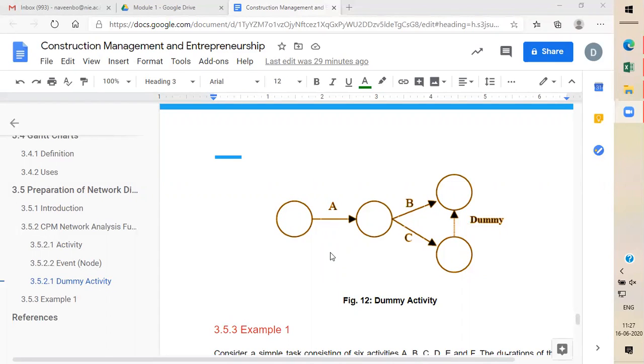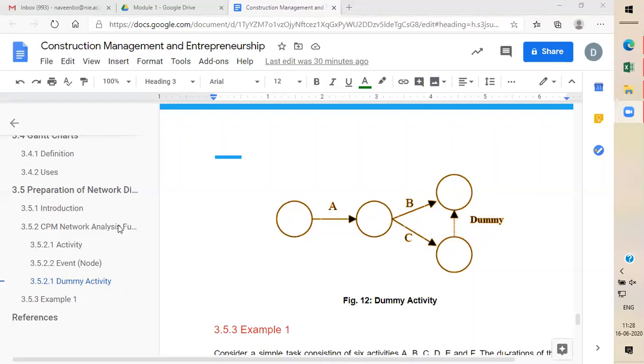Okay, that's all. I will take up this example in the next session. First, try to watch it once again, or you can refer to any other textbook, because this is a very critical, core concept that you should understand in construction project management. So I'll not go in a hurry. You just listen once or twice.